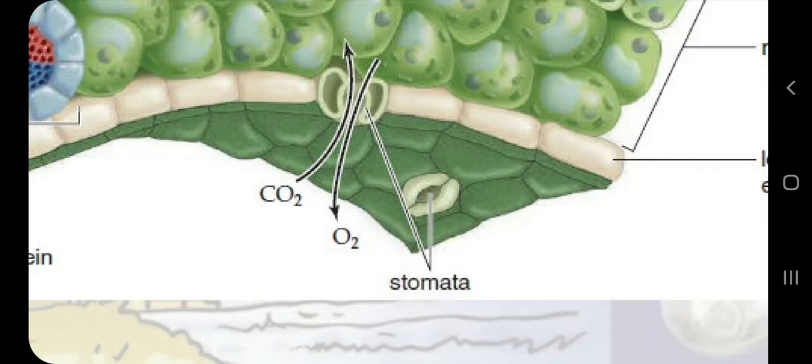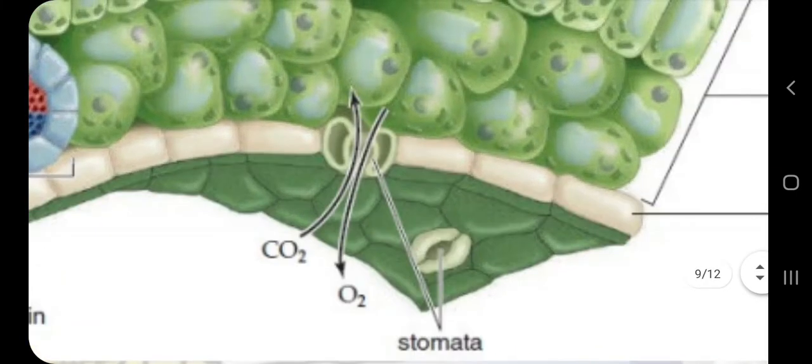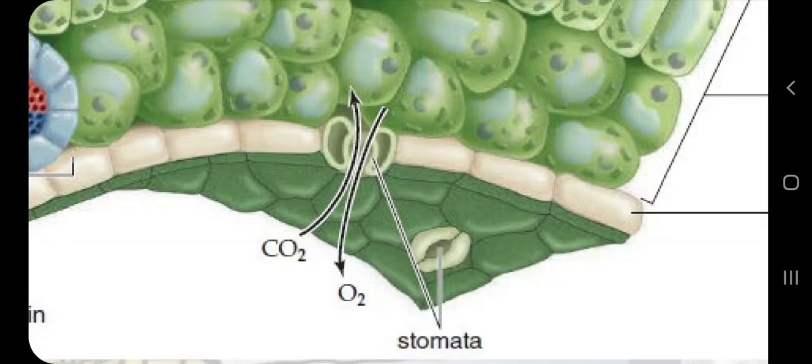Here we can see two cells. These two cells are called guard cells. So these two cells are called guard cells, which make the stomata and regulate the entry and exit of carbon dioxide and oxygen. And the other diagram shows very clearly the function of stomata, inhaling the carbon dioxide and exhaling the oxygen